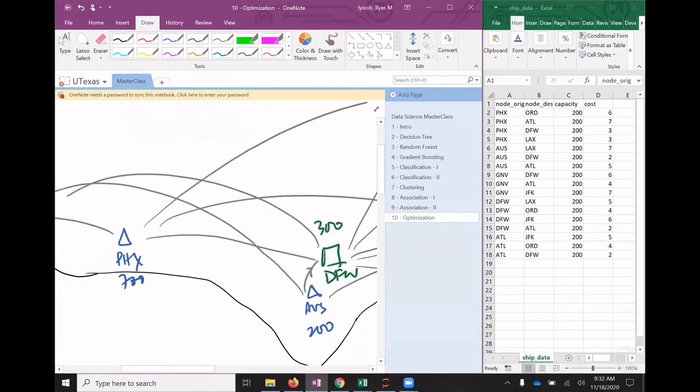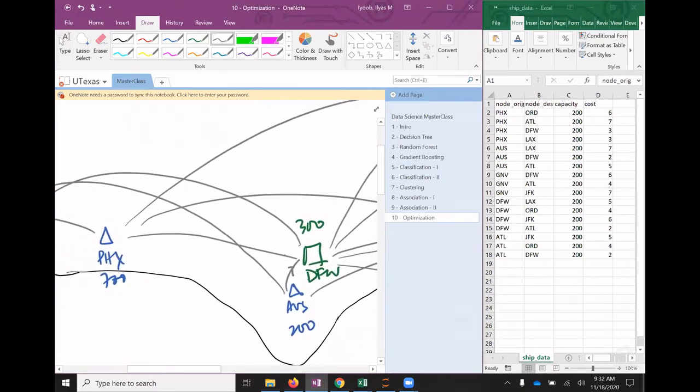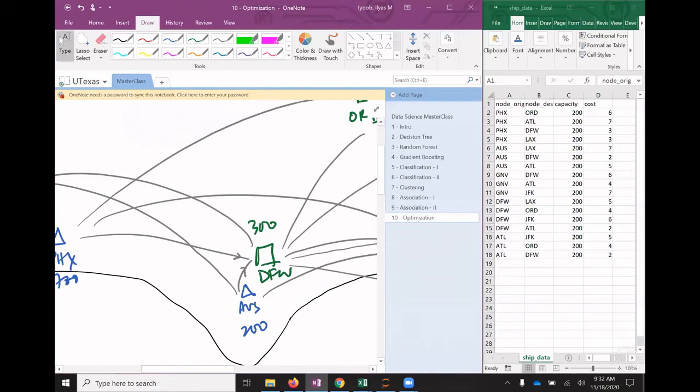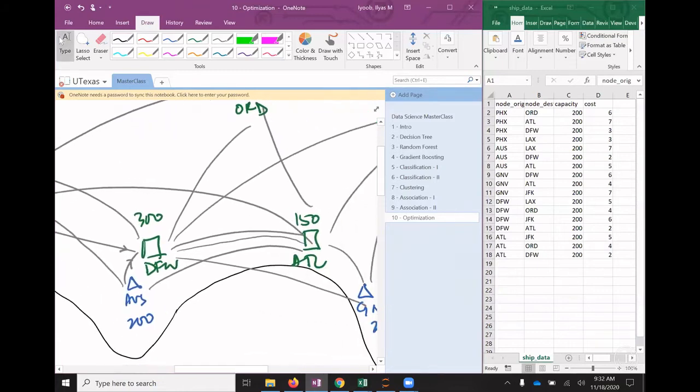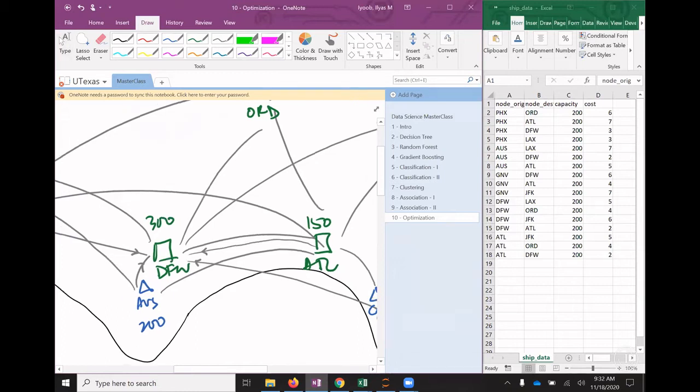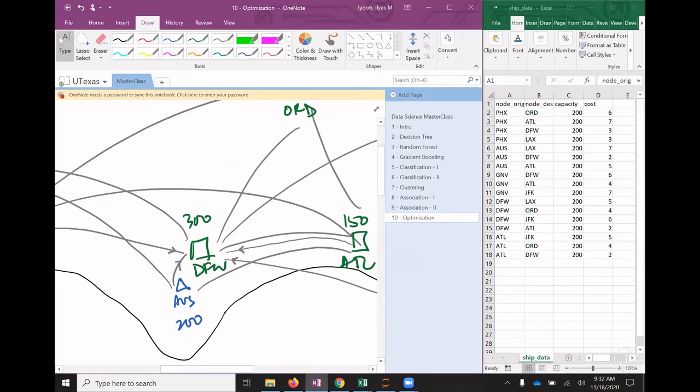And Phoenix can send to Dallas. Austin can send into Dallas. Phoenix can send into Dallas. And Gainesville can send into Dallas, as well as we said that even Atlanta can send into Dallas. So we have 4 sources of product into Dallas, and then from Dallas you can go to